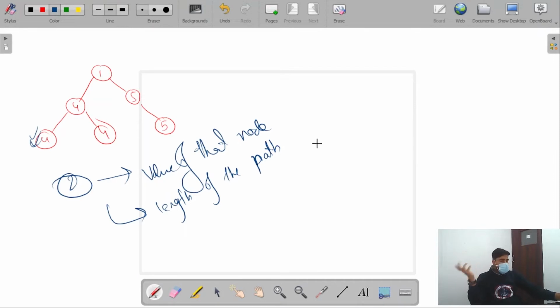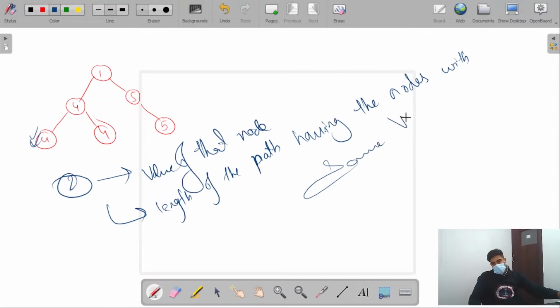Not the path itself, but the length of the path having the nodes with the same value.